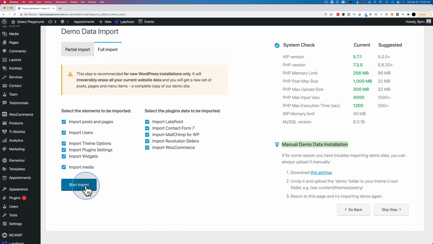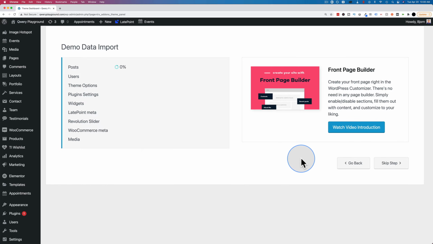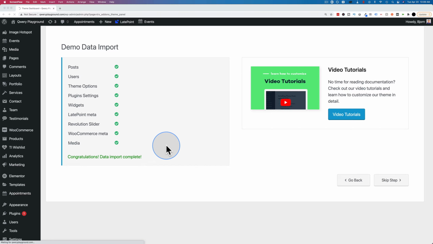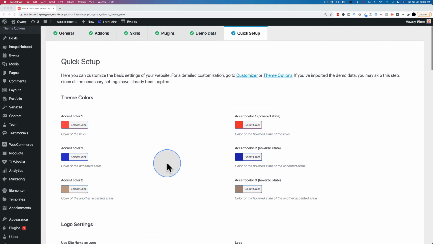I'm going to click on Start Import to start the import, and I will again pause this video while it progresses through these steps, and I'll be back when it's all done. The data import is complete, and now it automatically reloads to the next page, the quick setup, where we can